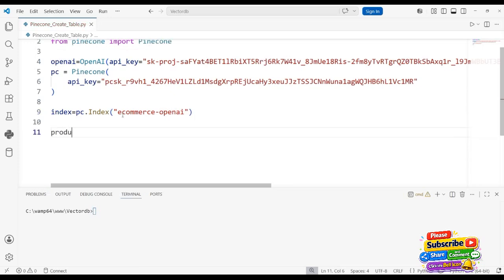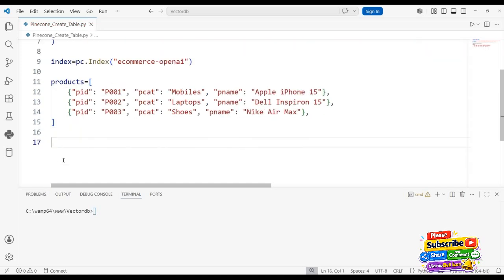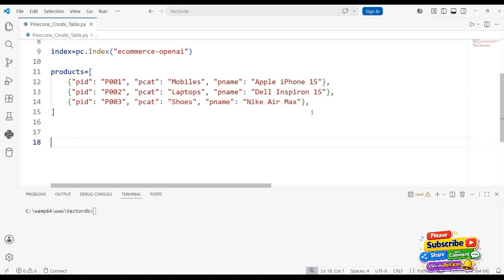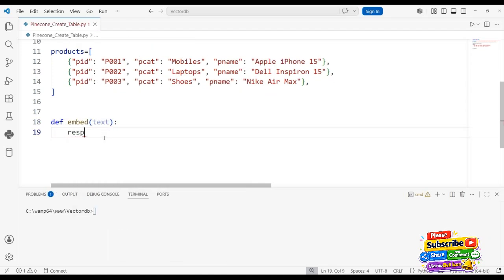I'm adding that OpenAI. The products, just for the time saving, I have already created products equals to an array. I'm adding here the products. After that, embedding function. Now here the most important step is, right now we are adding the product details, but we need to convert this into vector embeddings, because our Pinecone vector database understands only numbers. So for that I'm using def embed text colon response equals to OpenAI dot embeddings